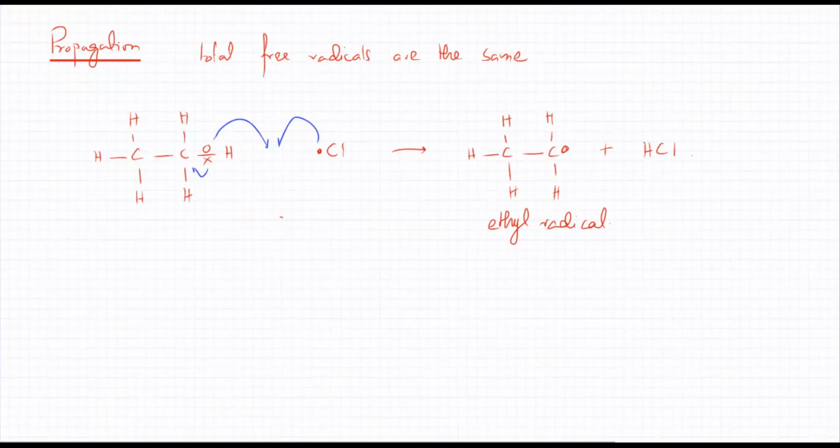So is radical just a fancy word for atom? It is not a fancy word for just an atom. I mean, over here, Cl is just an atom. That's right. But a radical is something whose outer shells are not complete. It's something with unpaired orbitals. Like carbon over here.